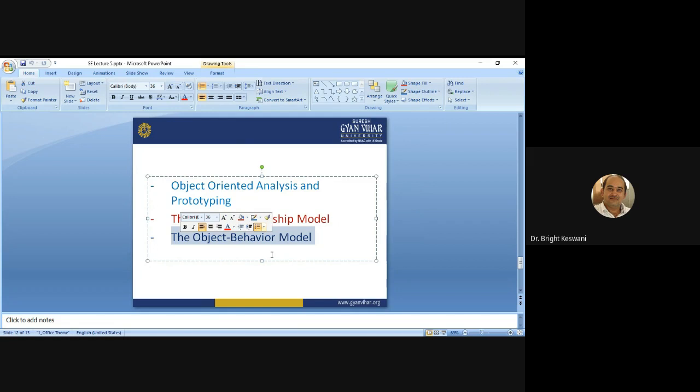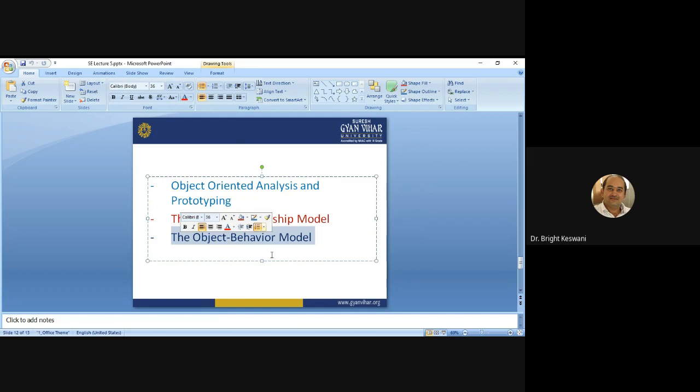And fourthly, build a state transition diagram for the system. It is another type of tool which is used in system analysis and system design. So you can build a state transition diagram for the system. And lastly, you have to review the object behavioral model to verify accuracy and consistency.